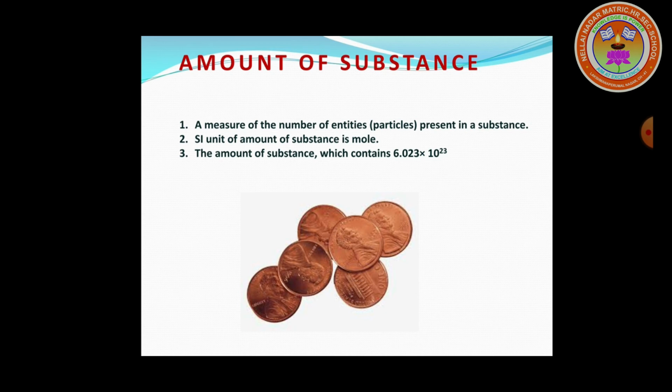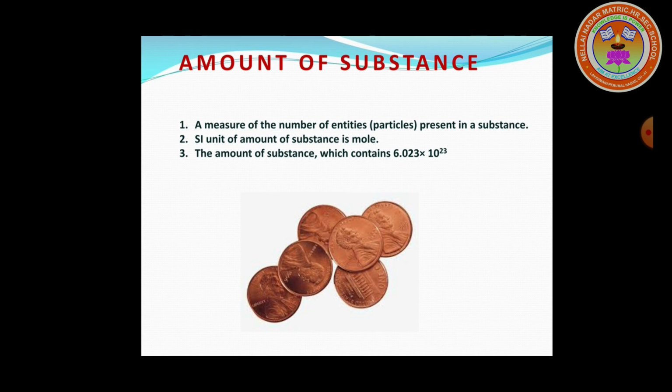Okay. So the SI unit of amount of substance is mole. Already you know that, mole. It is denoted by the symbol mol. Generally, the amount of substance is directly proportional to the number of atoms or molecules present in the substance or in the element. Based on this only we are able to calculate.